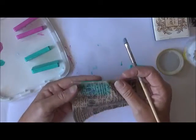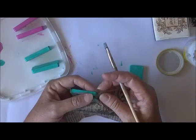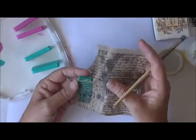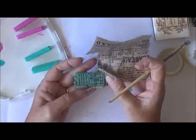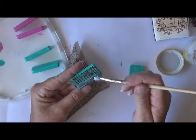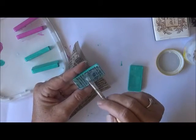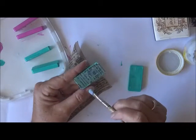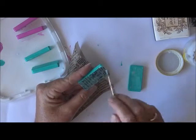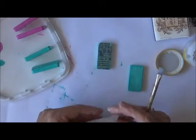And then I'm just going to rip it if it starts to rip for me. Yeah, there we go. I just want that raw edge around the side of it. So I'll just put a bit more gel medium over that, just to seal it down really well. A bit too much. I'll put the excess on the other tile. So that's going to be the front of my little alt domino, and this is going to be the back,